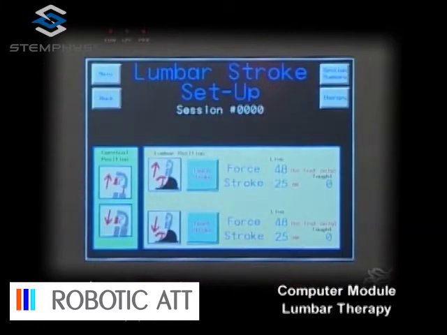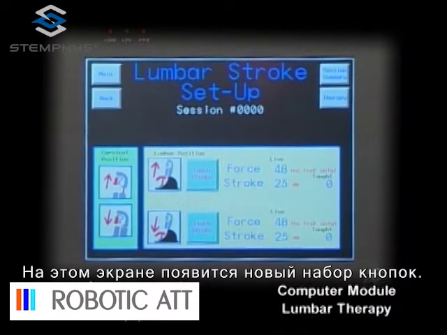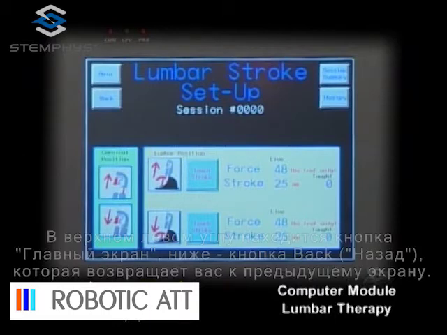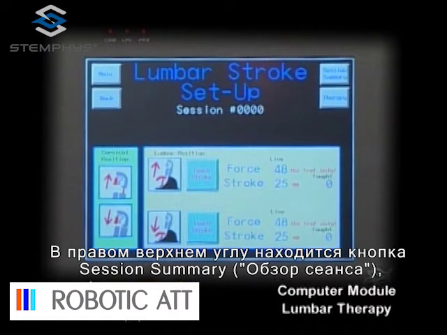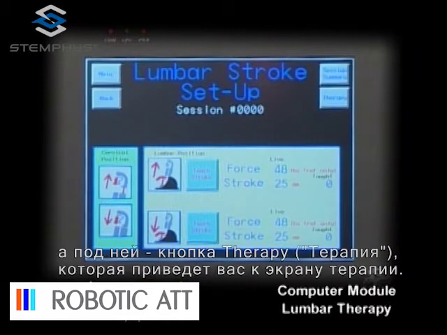In this screen, there will be a new set of buttons. In the upper left is the main screen button. Below that is a back button, which takes you back to the previous screen. In the upper right is a session summary button, and below that is the therapy button, which will take you